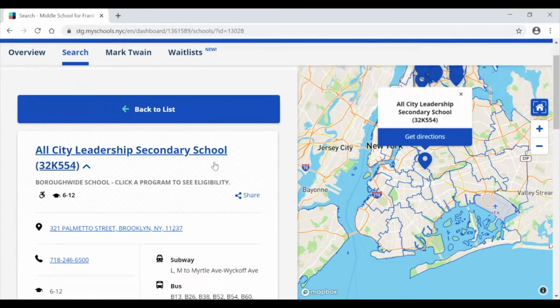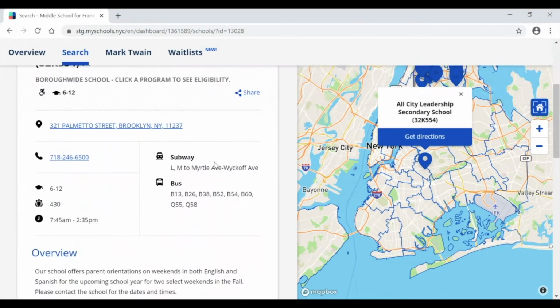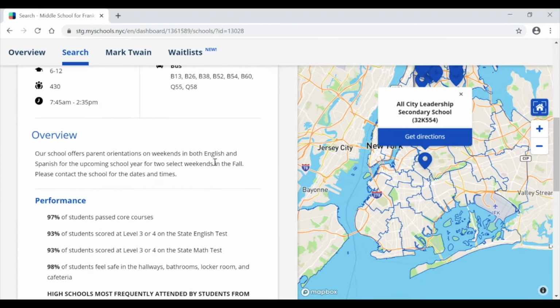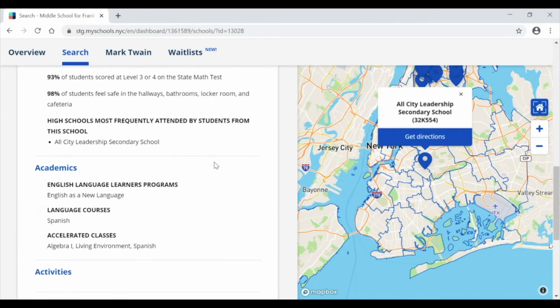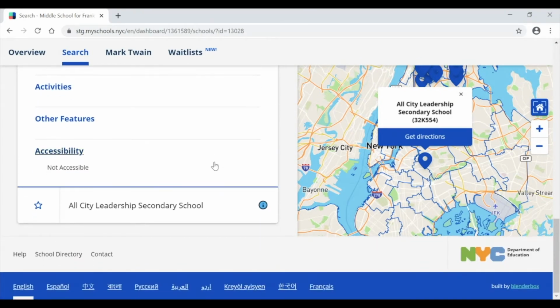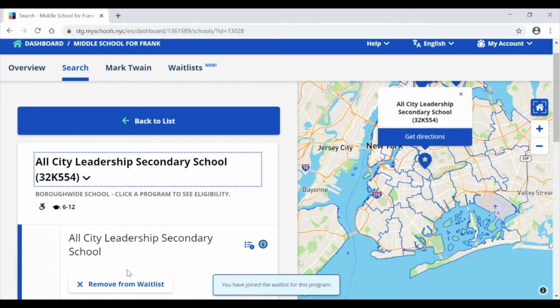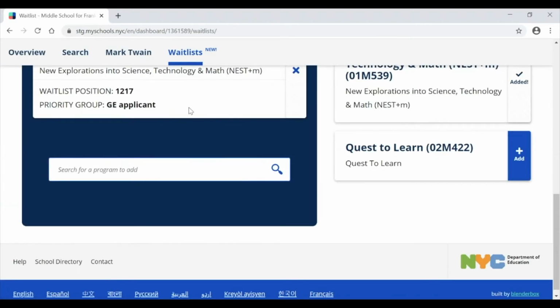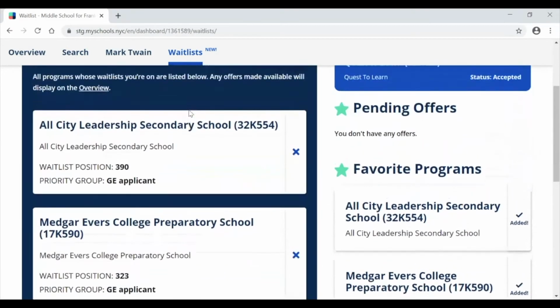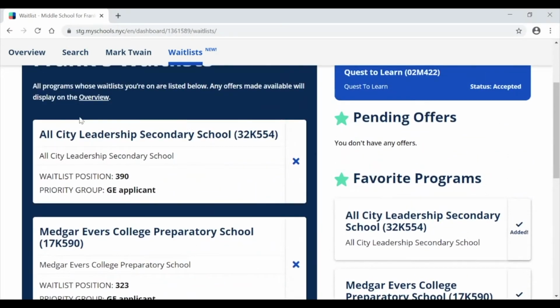When you do this, you will see additional information like transportation, an overview, performance information, academics, and any activities the school may have. You can also add your child to the waitlist by clicking on the program's name and selecting the blue Join Waitlist button. To confirm that your child has been added to the waitlist, return to the Waitlist tab at the top left of the screen. Here, you'll be able to see that your child is now on the school's waitlist and their